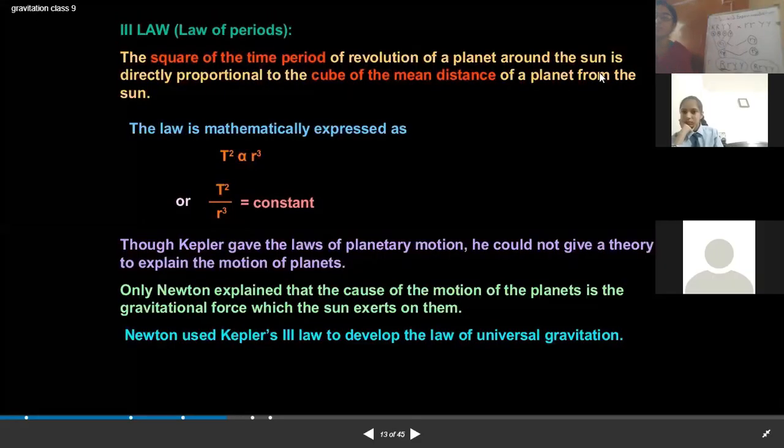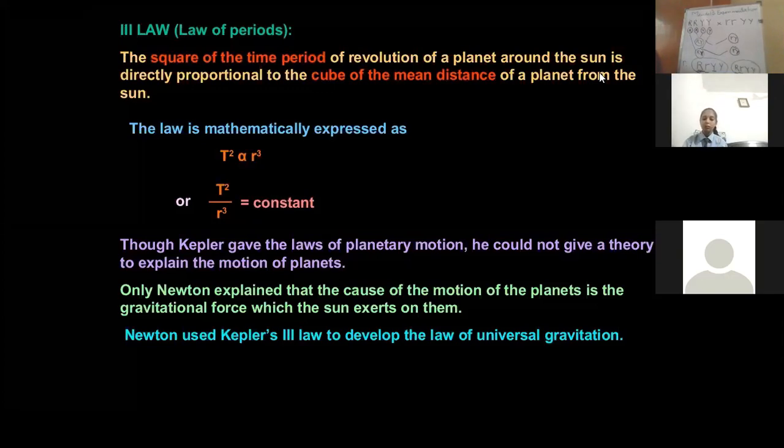So we have already discussed the first law and the second law. The first law says that all planets move around the sun in an elliptical orbit, where the sun is at one of the foci. The second law says that the line which joins the sun and the planet sweeps equal area in equal intervals of time. And the third law says that